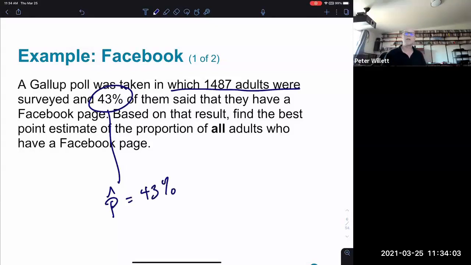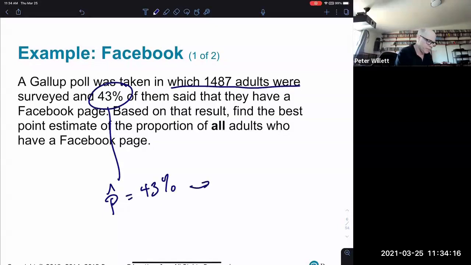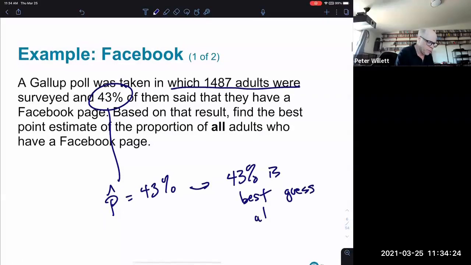And as we were just discussing, p hat is the best predictor, it's the best point estimate, meaning single value estimate as opposed to a range to estimate. So that would imply that 43% is the best guess at p, meaning the proportion of the actual population that